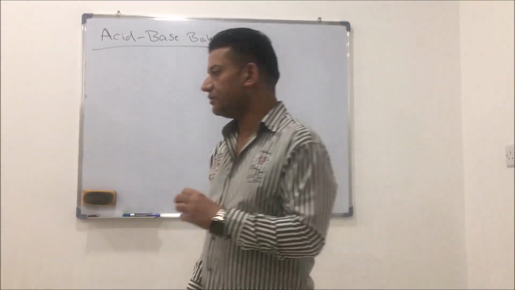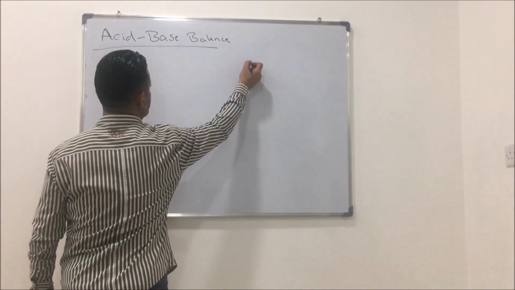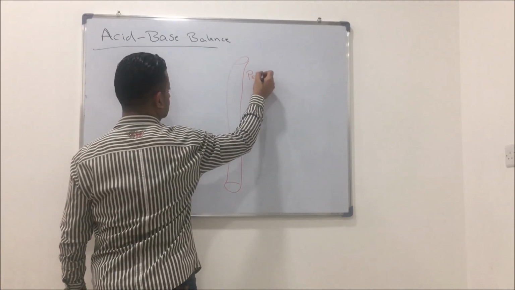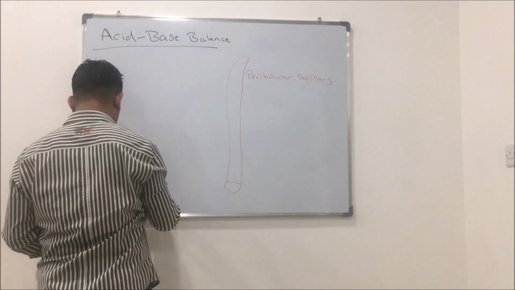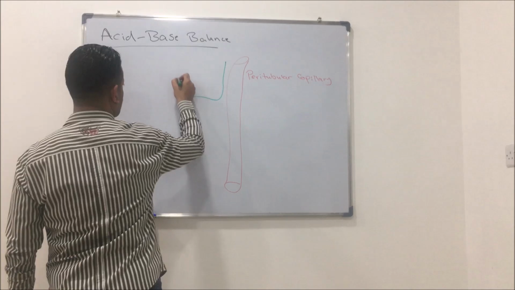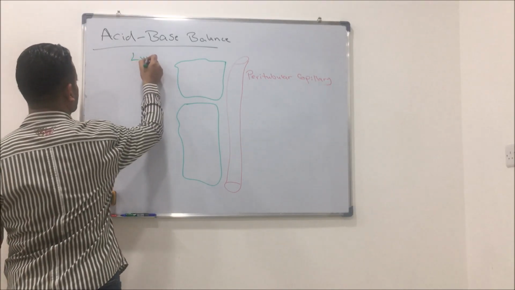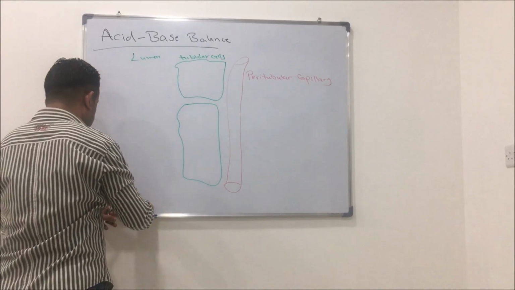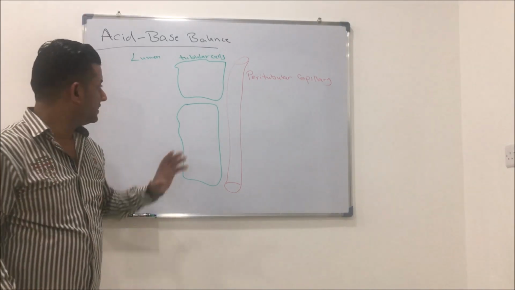The kidney, of course, the renal tubular cells, specifically the renal intercalated type A cells, renal tubular cells can